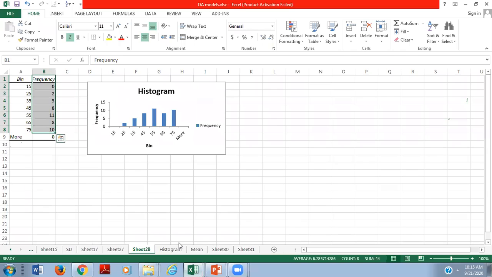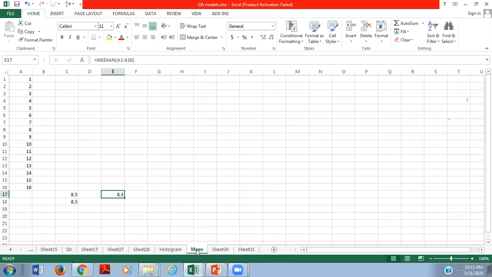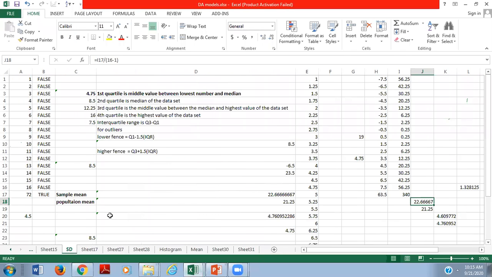outliers. Here you see a particular data, in highlighting form. Up to 16, certain observations are there. All these observations do not vary much from each other.